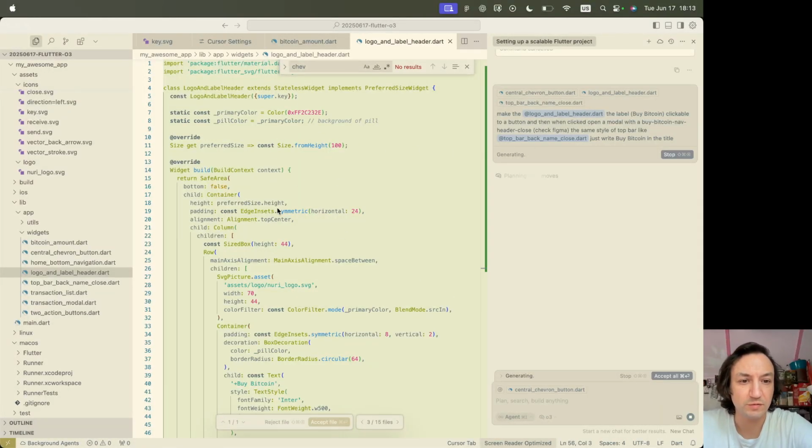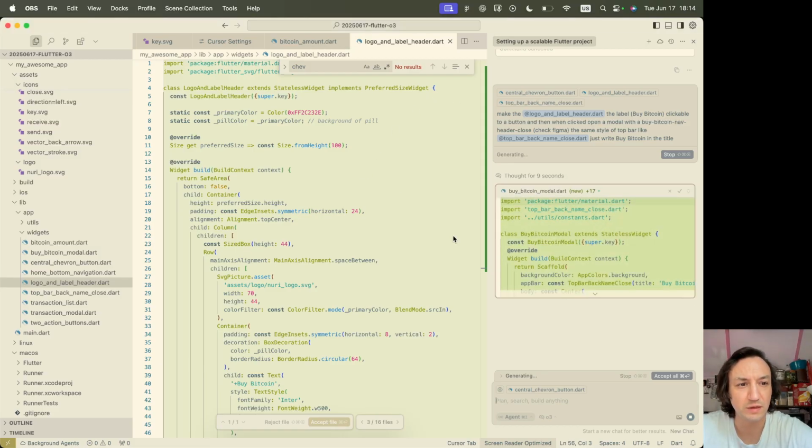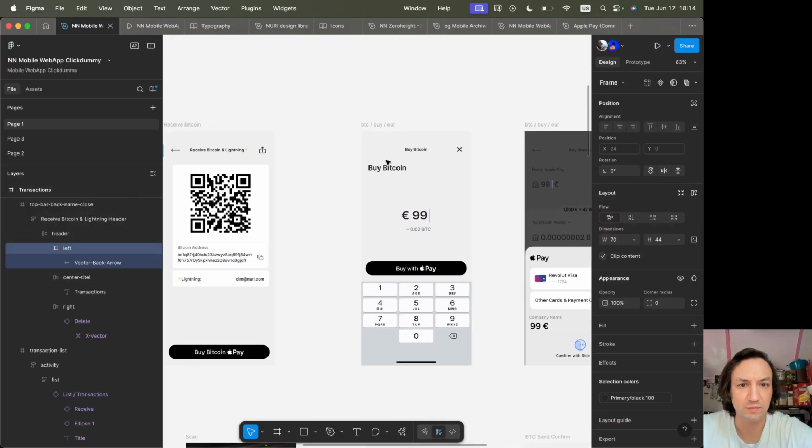So I'm still playing around here with the front end. I was doing Flutter now because I don't know how to do SwiftUI, Xcode or so. But the system should be exactly the same. So right now you see I gave it a new task, which I said that I want to have this